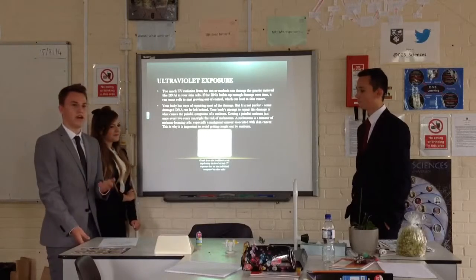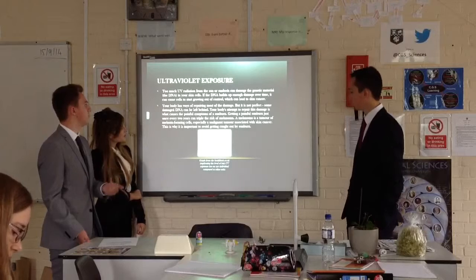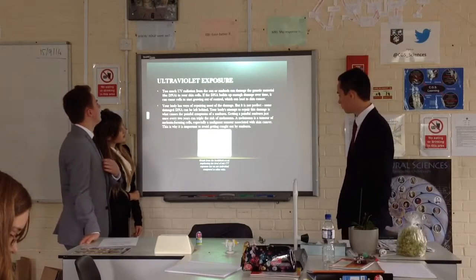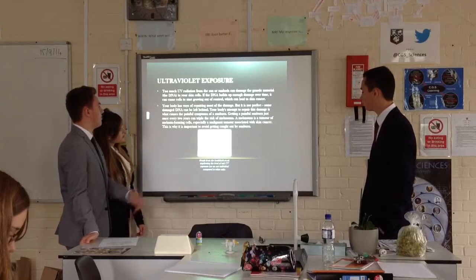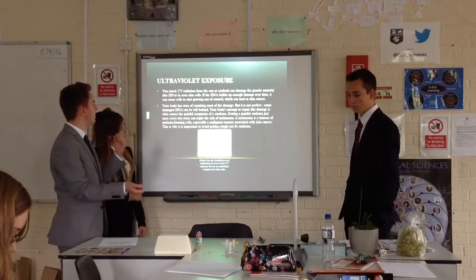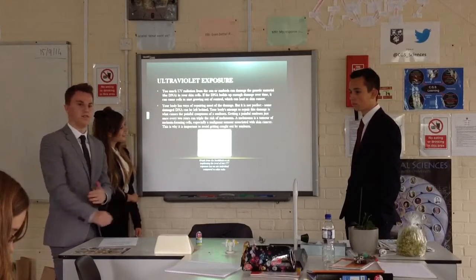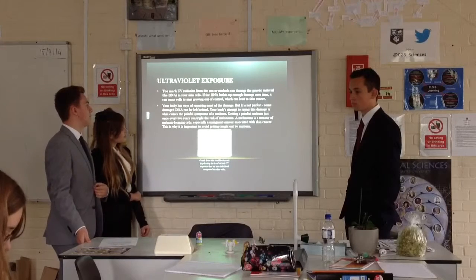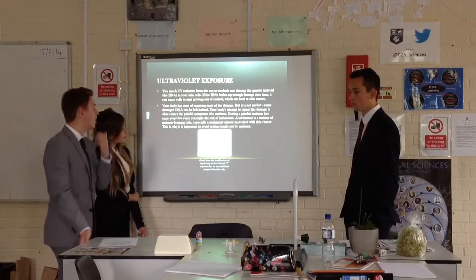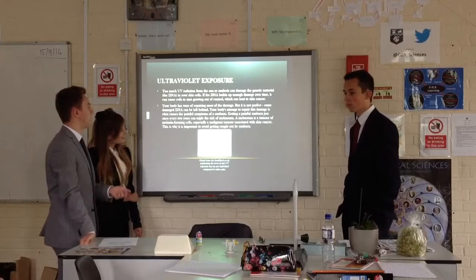So the first type of cancer you can get is skin cancer, and this comes from ultraviolet exposure, so from ultraviolet rays from the sun. So too much UV radiation from the sun, basically the UV rays damage the DNA cells in the upper layers of your skin, and your body has ways of repairing the damage. But some damaged DNA can be left behind.